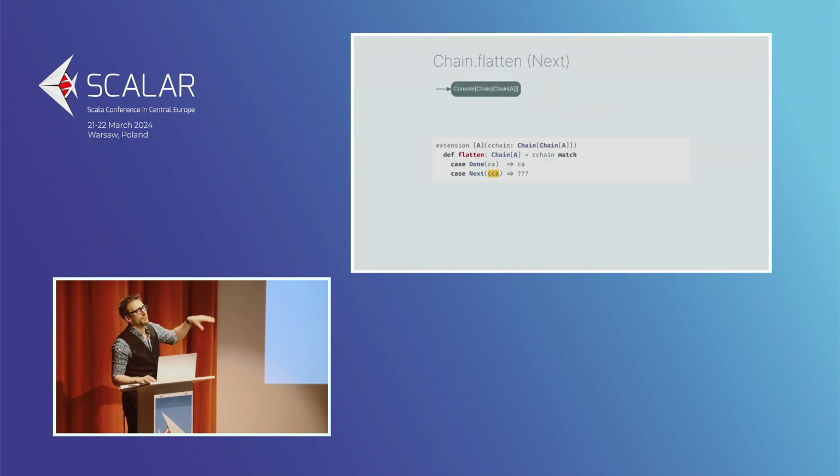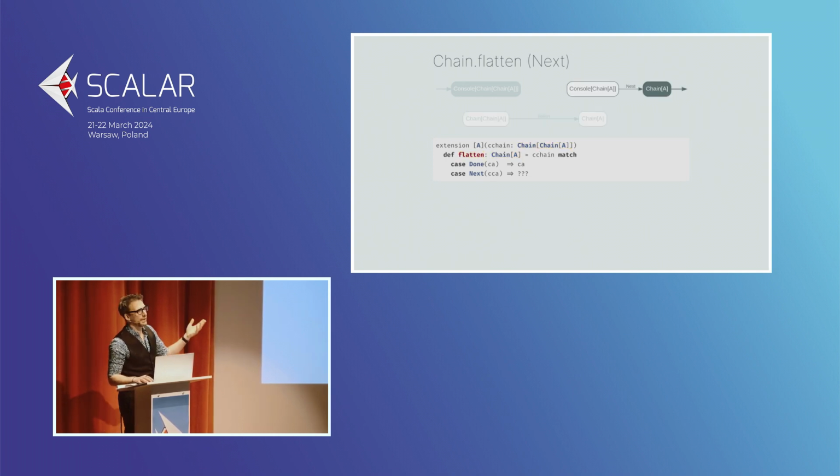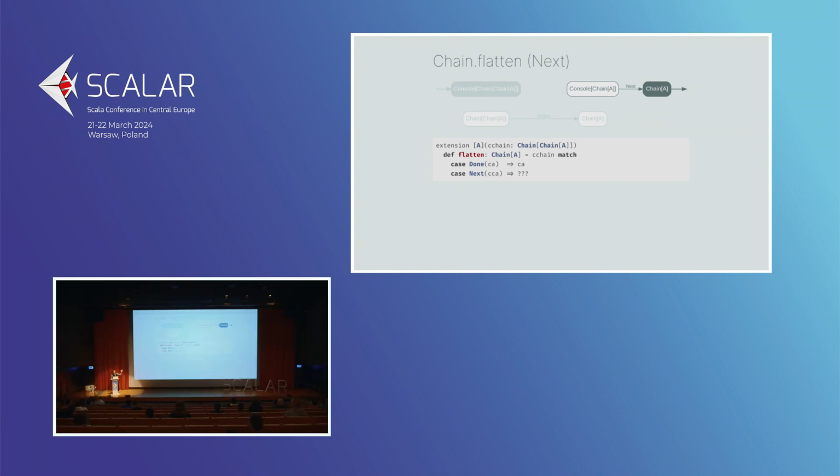And yeah, that moves around a bit, again, because we need a little more space. If we have that type that I'm not going to say out loud, we want to get to a chain of A. We have flatten, which does that. And I'm going to cheat again. We have next here, and we again, oops, sorry. We here have this rectangular shape.